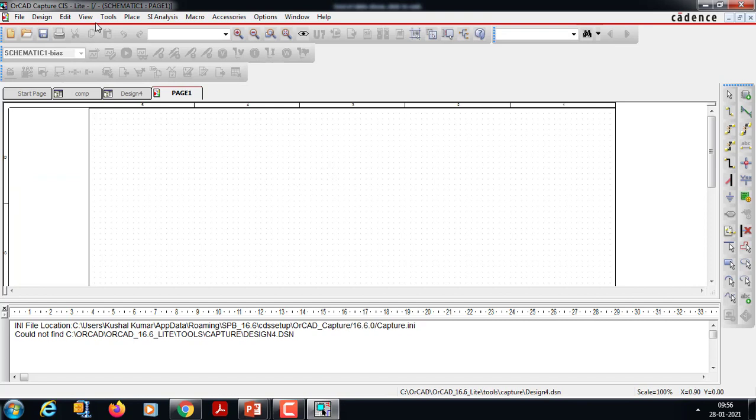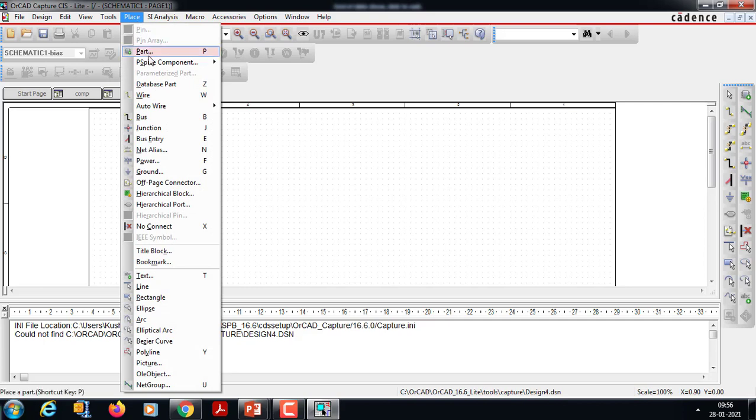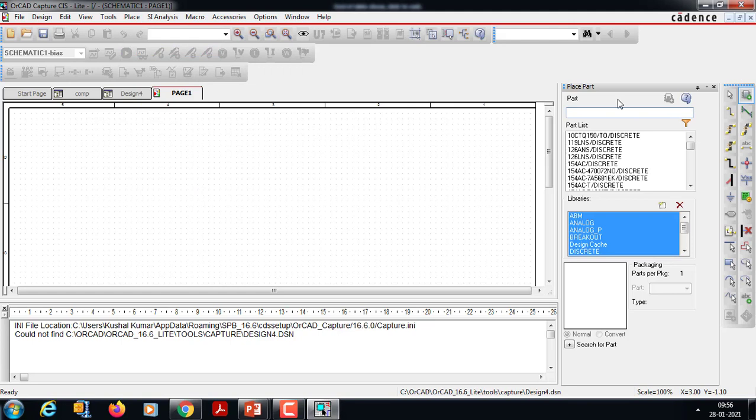Now in this, first we go for place part. Here we go for op-amp 741. This is uA741.